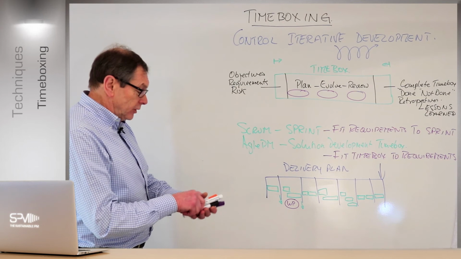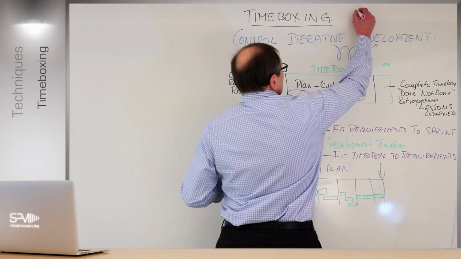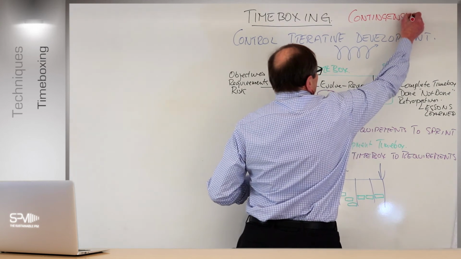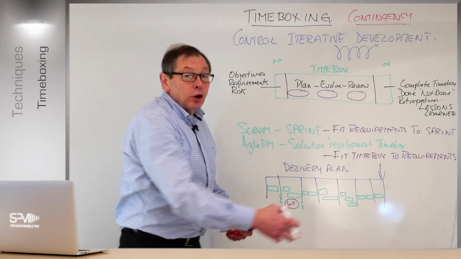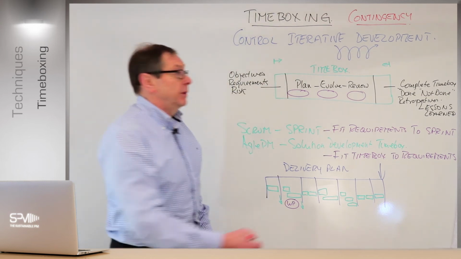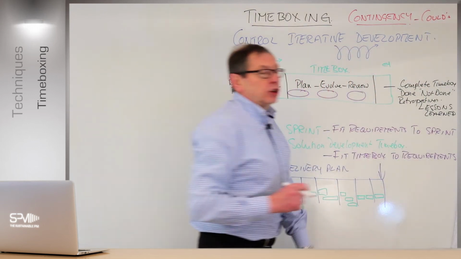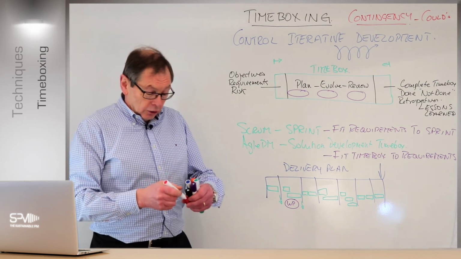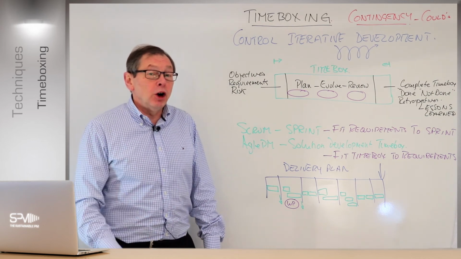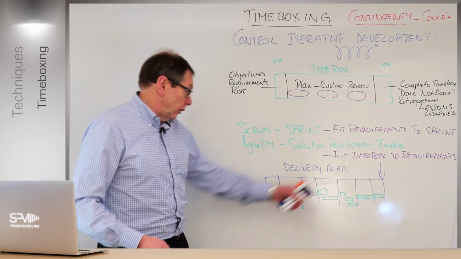Right. Now obviously we need to have a look at something in there related to this, and that's called contingency. So I'm going to write that up here, contingency, because we can't change time. We don't want to change the time. Theoretically, we shouldn't change the cost right now, but we'll explore that in another session. The contingency has to be something else, and that becomes the coulds, right, or the ones we don't desperately need within the time box. So those requirements have value, but they don't impact on the fit for purpose of the solution, we can move those out if necessary into another time box or another increment,